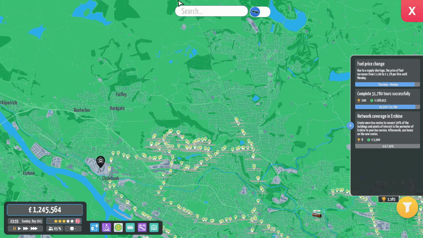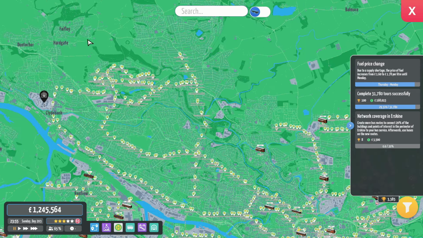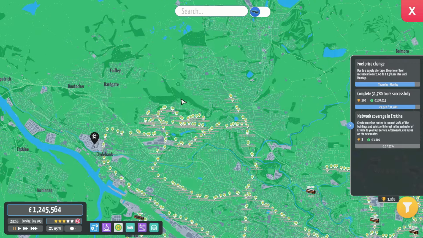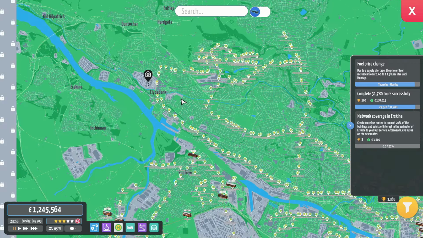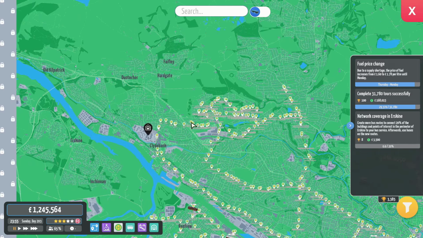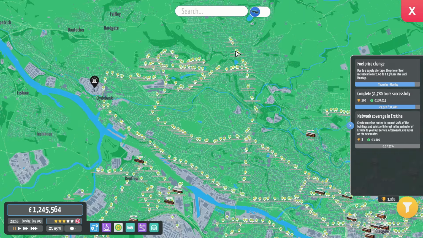Then the 103 will start from a loop of Faifley, probably a clockwise loop, down through Bearsden, down Summerston Road, through Cadder, and across to Milton. And that will create a circuit that you could do from Bearsden to Bearsden,